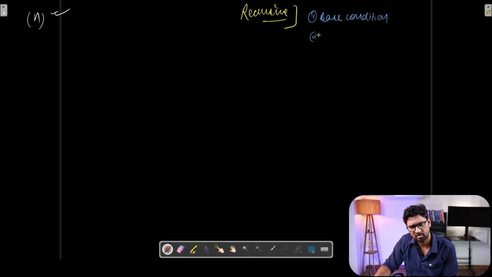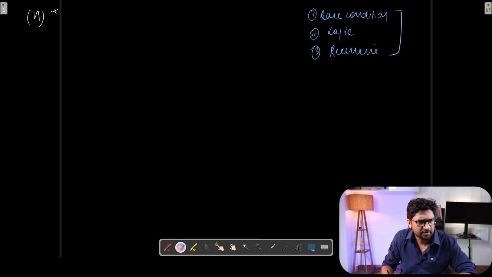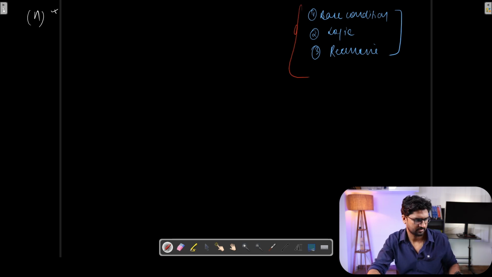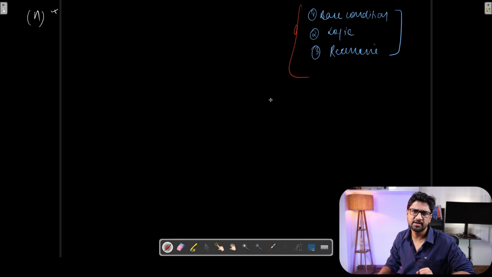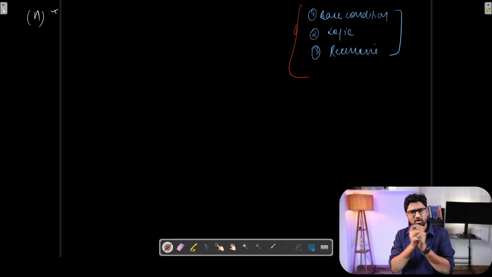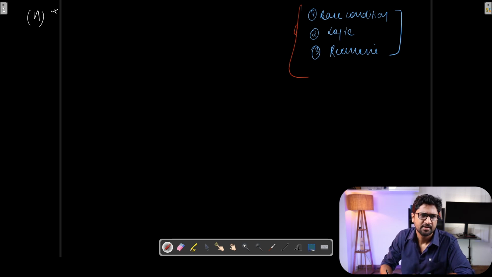Then you have to write the logic, and then you have to write the recursive call. These are 3 important parts of any recursive function. But apart from these 3 points that you see here, there is one more key thing about recursion. The real thing which can actually help you solve the problem very effectively is that if you're able to